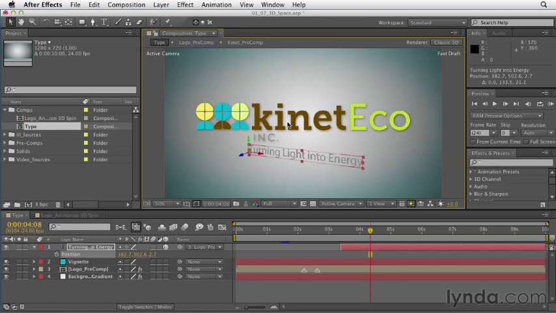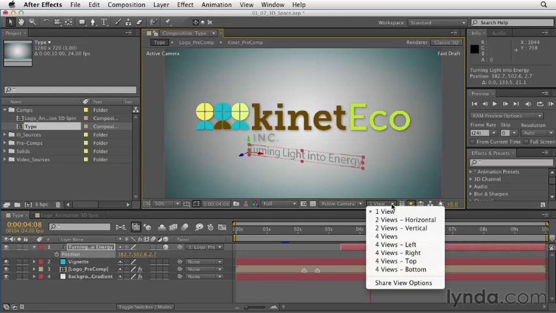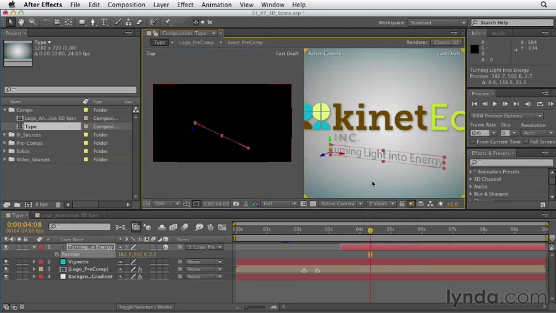After Effects is capable of showing you more than one view at a time. In the bottom of our viewer on the right-hand side, there's a pull-down that says One View. If you click on that pull-down, here you can choose a 2-view or 4-view scene. So let's look at this in 2 views. And in 2 views, notice I have my active camera and then my top view. See, I'm not seeing anything else in my top view because the only layer that exists in 3D space is